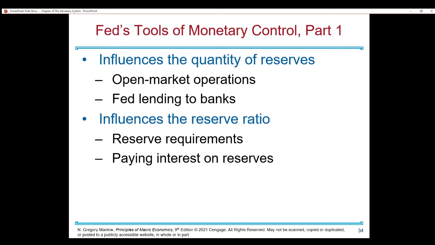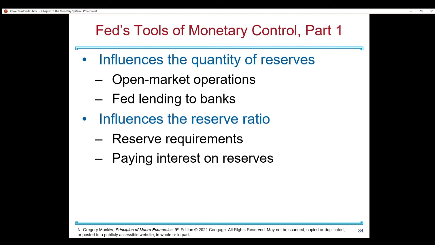They're going to buy bonds to increase the money supply and sell bonds to decrease the money supply. The next tool is lending to banks. Banks borrow from the Fed when they feel they do not have enough reserves on hand to satisfy bank regulators, or meet deposit withdrawals, make new loans, or, for whatever business reason they could have, whatever banks want to do with the money. Traditionally, banks borrowed from the Fed's discount window and paid an interest rate called the discount rate.